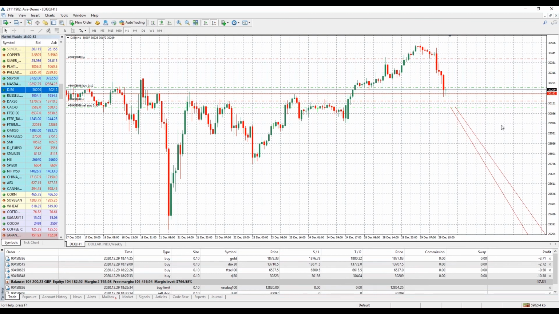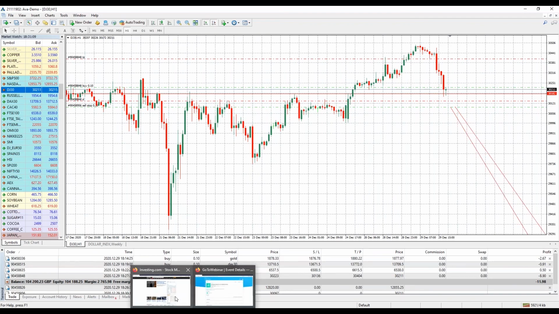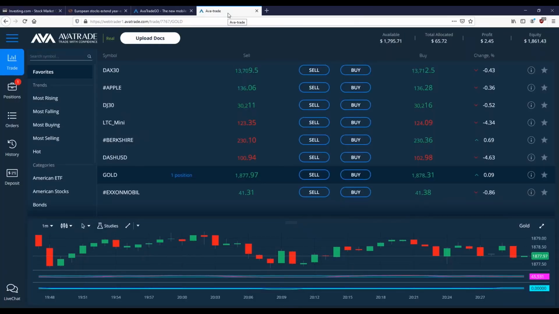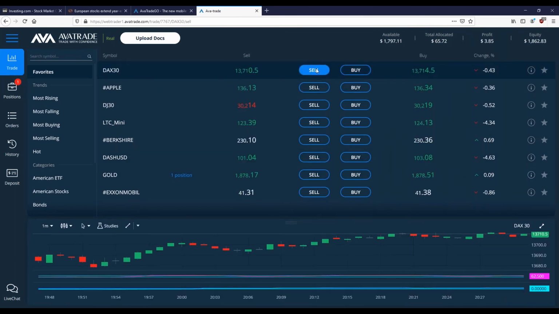Some of you had that wrong, sell limit. Sell limit would sell from a higher point. And some of you had it correct, sell stop. And that demonstrates my point of if we're on the web trader, let me just show you real quick. I don't mean to have an advertisement for the web trader, but it's important to be able to place your trades properly. If I'm here on whatever asset, let's say DAX 30,